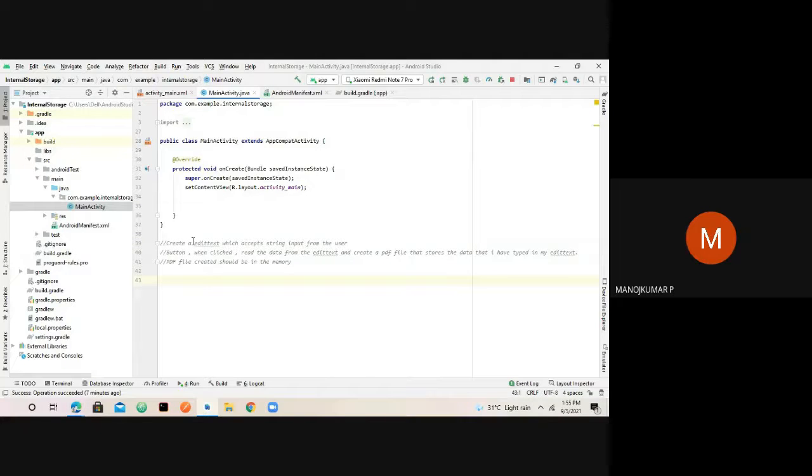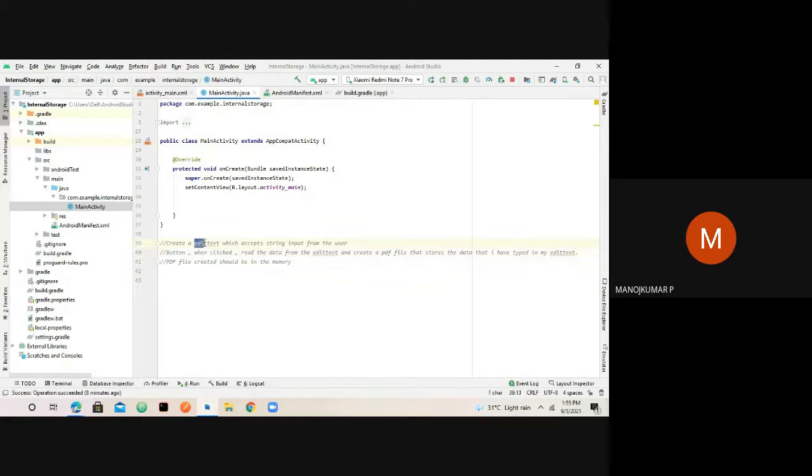The first basic module is that we will be creating an edit text in our XML, wherein we will get the user data, say a sentence or a paragraph, that we wish to write to a PDF file. For that we will create an edit text, and below the edit text we'll have a button.